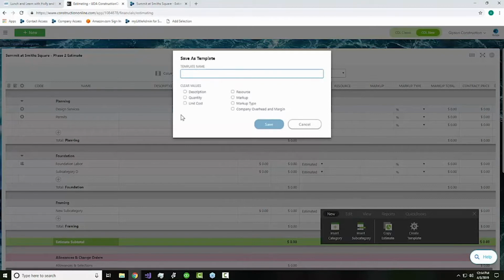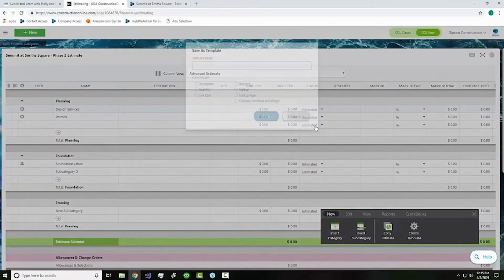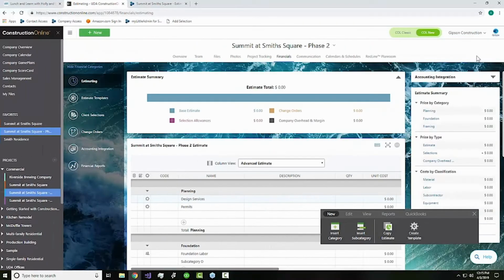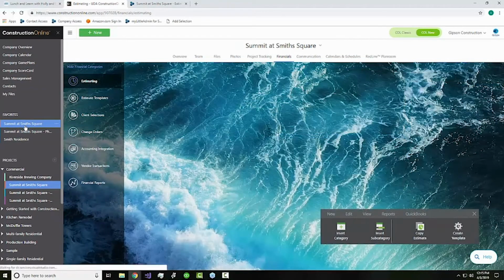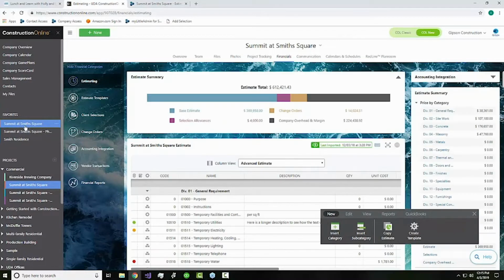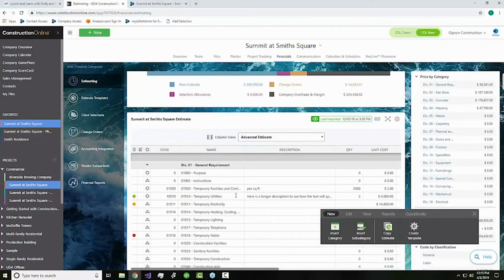You've saved yourself a ton of time in terms of putting that estimate together. So for that, as we continue, Jordan, I'll let you step through some of these different columns. But before we do that, I'm going to go ahead and jump over into one of my other estimates, so we can work with an estimate that we did build using a template, and one that has a little bit more information already populated. So here we'll jump into my summit estimate, and I've just used one of my standard